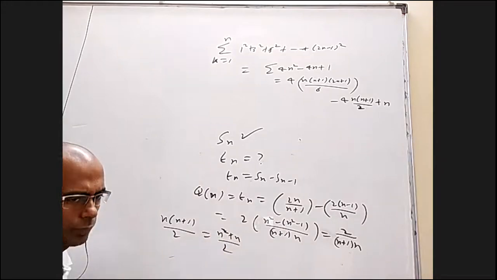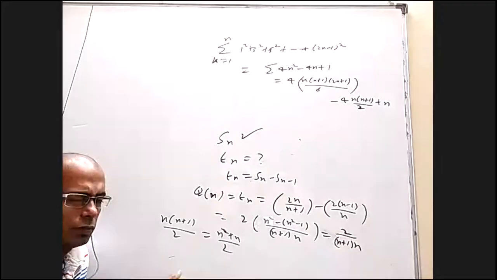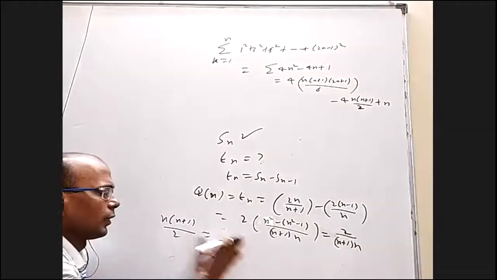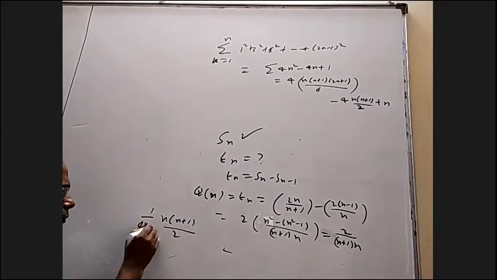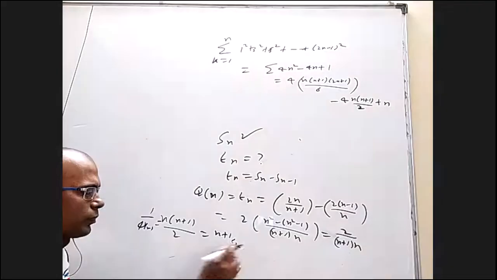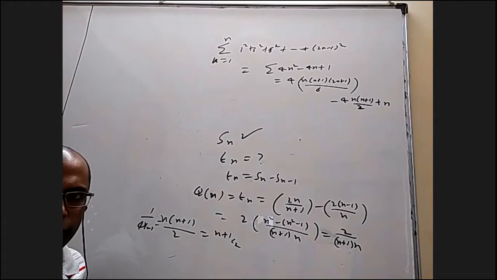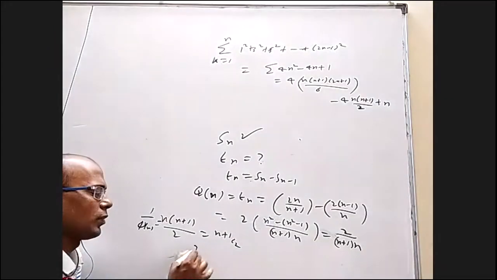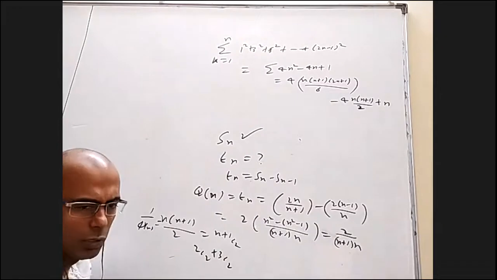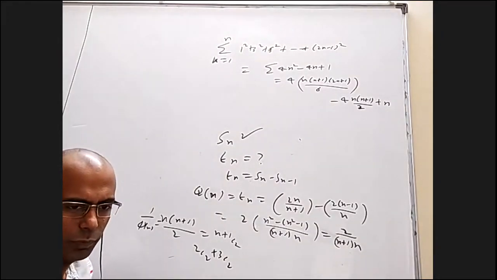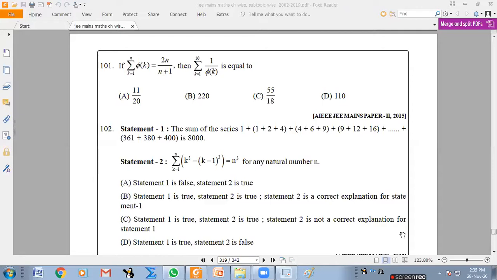Sigma. Okay. If we want, not that every time this idea will come, but this is 1 by phi of n. This is, by the way, n plus 1 C2. N into n plus 1 by 2 is n plus 1 C2, right? Yes, sir. Okay. Now if you put n equal to 1, it is 2C2 plus 3C2. If they want up to 15C2, they want up to 10. So it will be so on up to 11C2. According to the hockey stick rule, it is 12C3, which is 12 into 11 into 10 by 6.